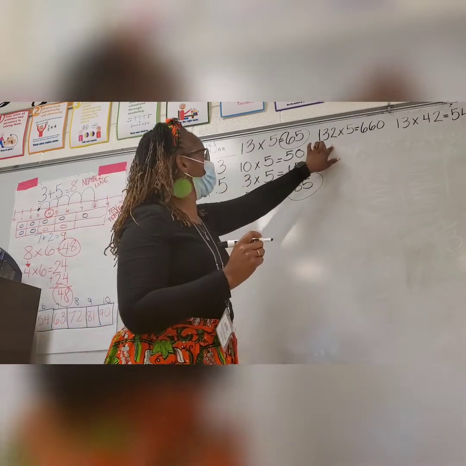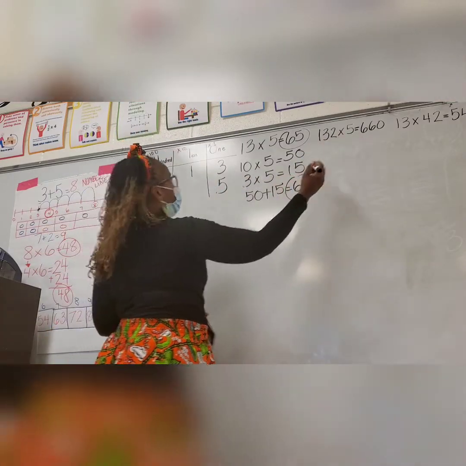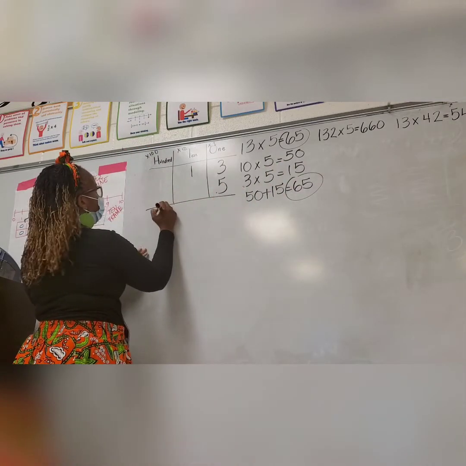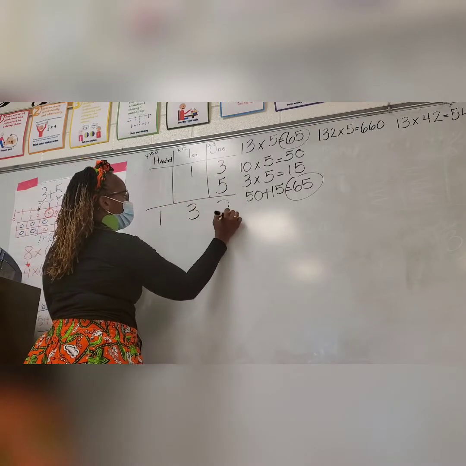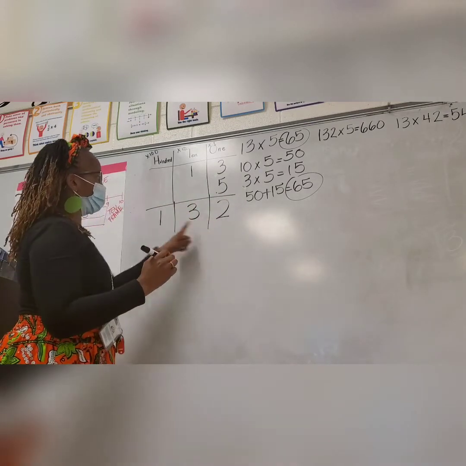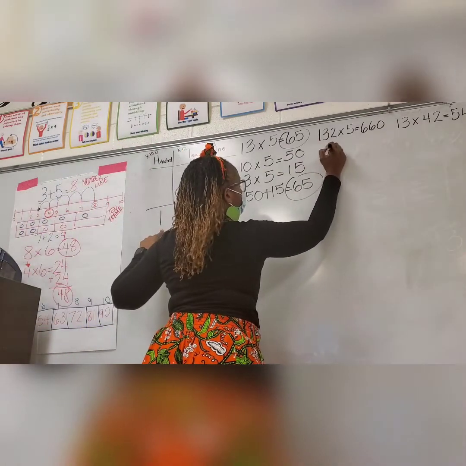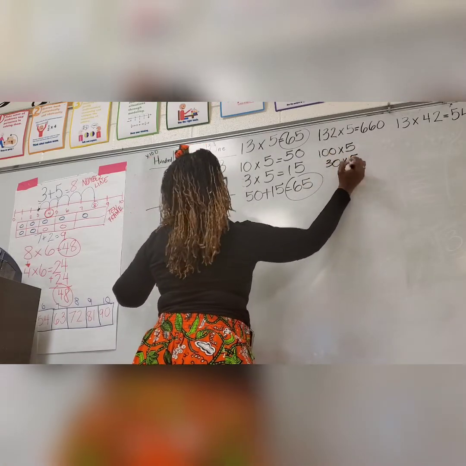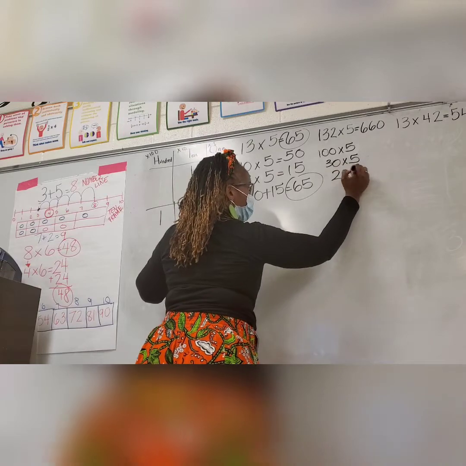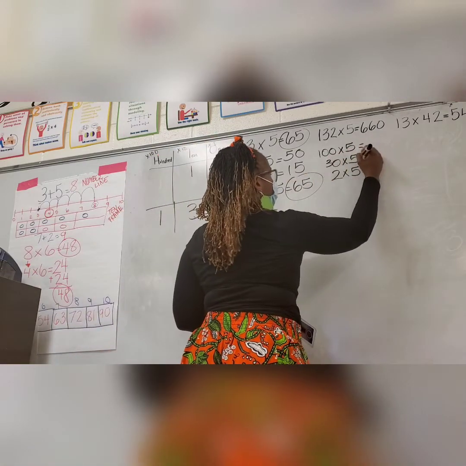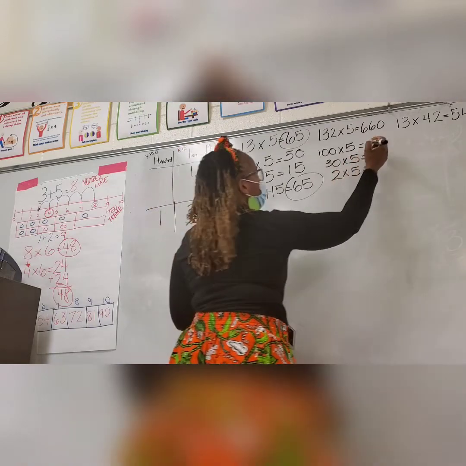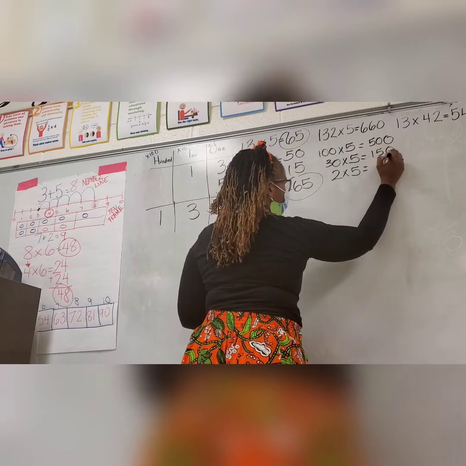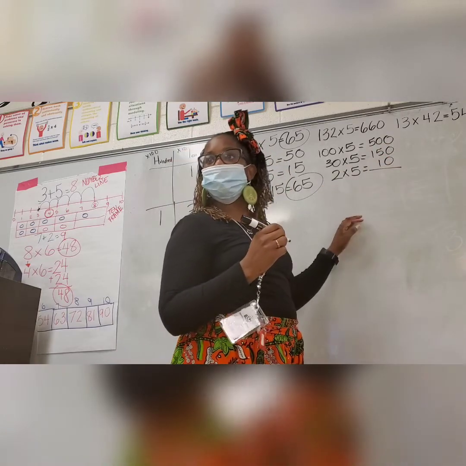Okay, so with 132 times 5, this is a different number, so it would be 132. And they have to go through and do the value of each number. So they have 100 times 5, they have 30 times 5, and they have 2 times 5. They have to get the values of each of these and add them together. So I have 500 plus 150 plus 10. If I add these together,